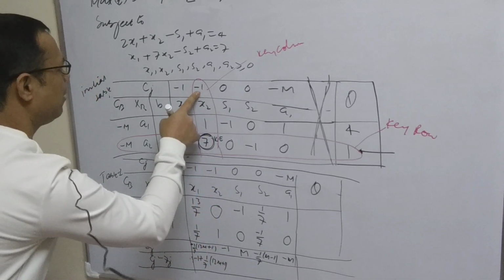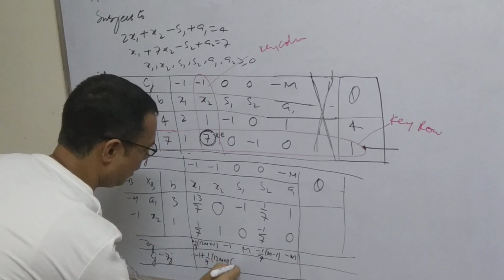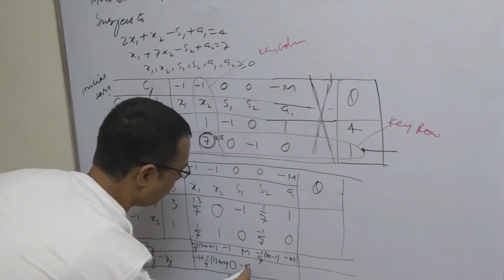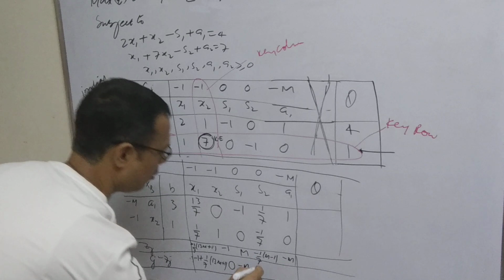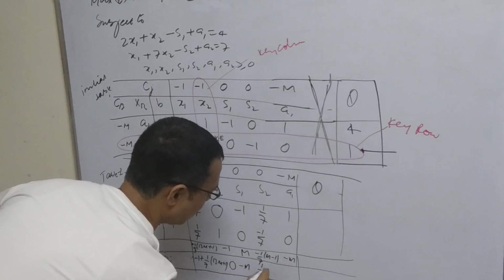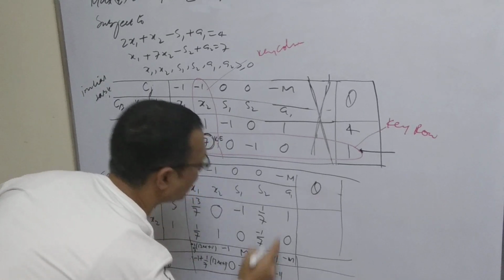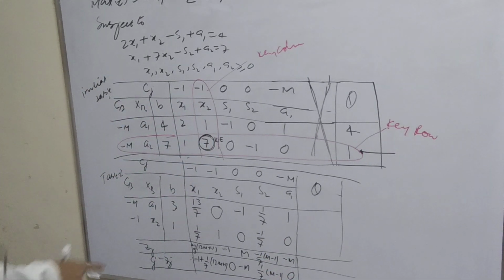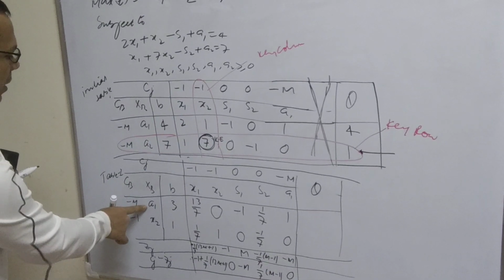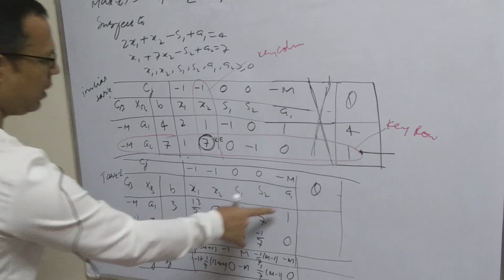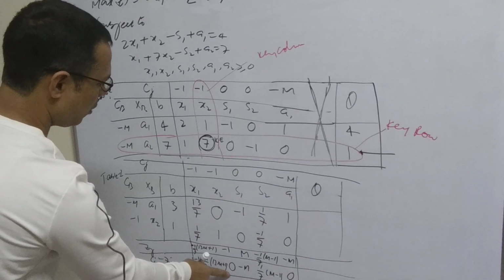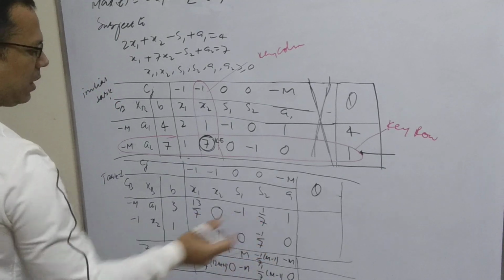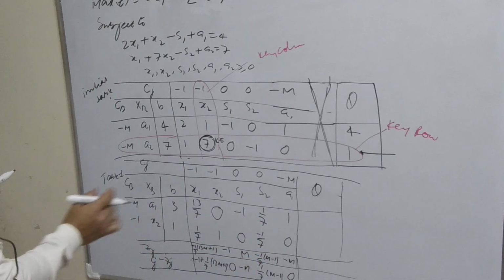if you are going to subtract minus 1, this term will be 0. Here 0 minus m, it will give you minus m. 0 minus this value, it will change to plus. Here minus m, it will give you 0. So here also you can check which variables now enter into the basis, a1 and x2. So a1 and x2 term must be 0. Here it is 0, it is 0. So if you are not going for the calculation, then also you can write directly 0.